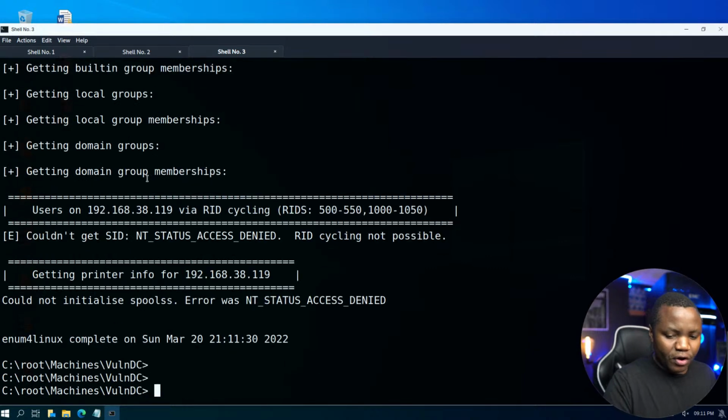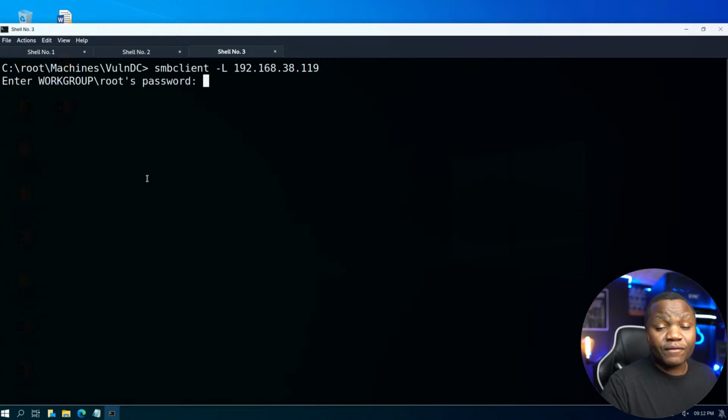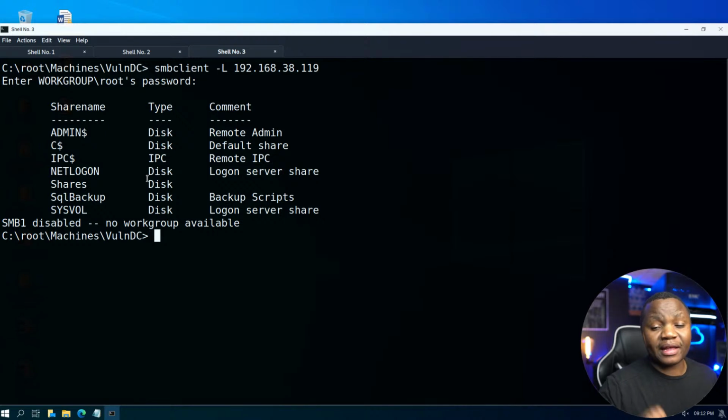All right, let's move on to SMB client, minus L, 192.168.38.119. We're still looking for shares here with anonymous login. And SMB client did give us something. So enum4linux, for whatever reason, didn't show us. But if you have never seen something like this from a Windows computer, what this means is these are shares